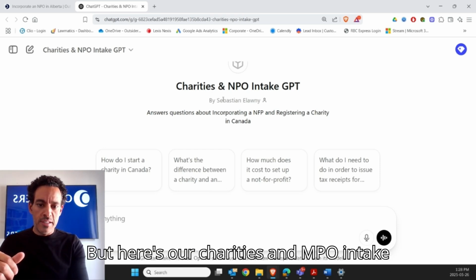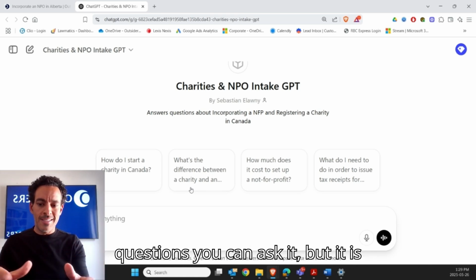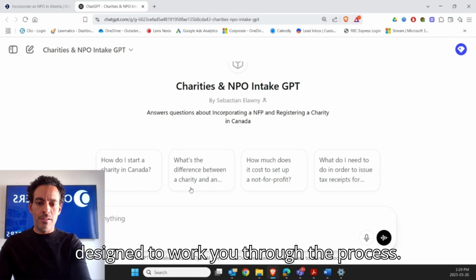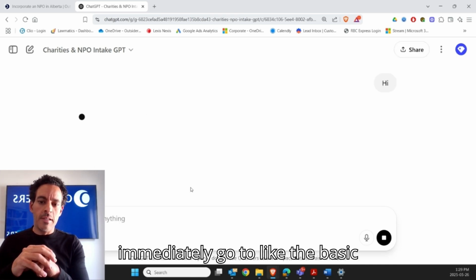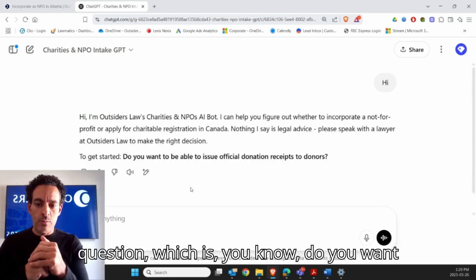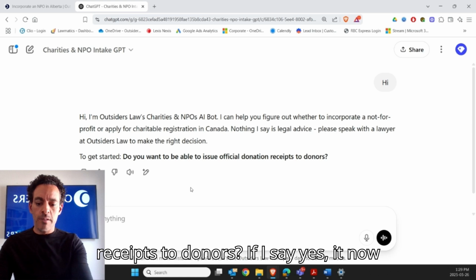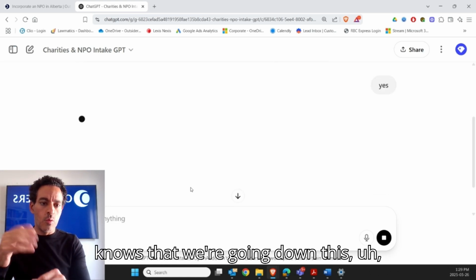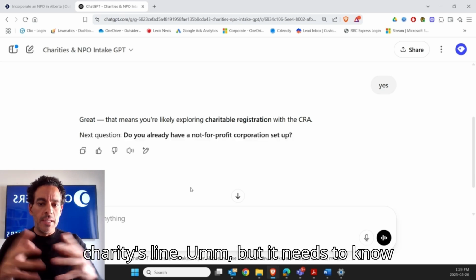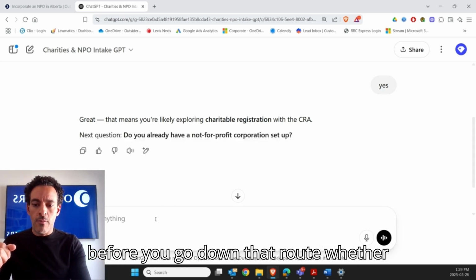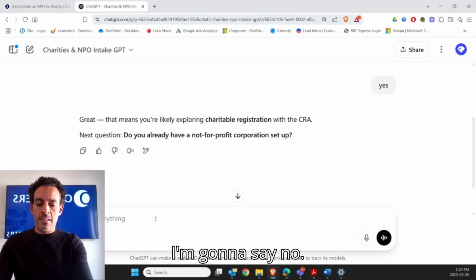But here is our Charities and NPO intake GPT. There are pre-questions you can ask it, but it is designed to work you through the process. So if you just say hi, it will immediately go to the basic question, which is, do you want to be able to issue official donation receipts to donors? If I say yes, it now knows that we're going down this charities line. But it needs to know before you go down that route whether you already have an NPO set up. So I'm going to say no,